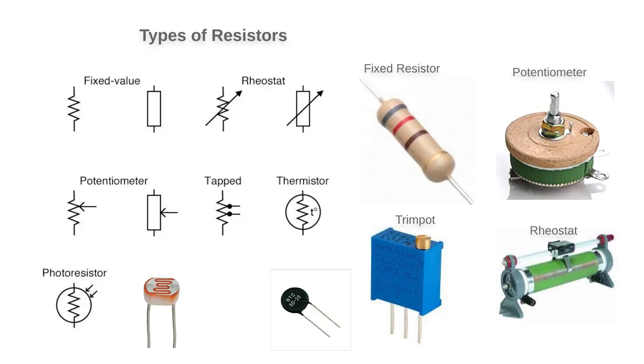There are different types of resistors based on their applications, constructions and characteristics. Normally, fixed resistors are most widely used, with different tolerances and applications. The next one is potentiometers, which are variable resistors that look like voltage dividers. Trim pots are also like fixed variable resistors, but they can be PCB soldered. Rheostats are used as variable resistors to control the current flowing in circuits. There is also another category of resistors in which resistance varies based on a physical quantity, like temperature in thermistors, light in photoresistors, and voltage in varistors.